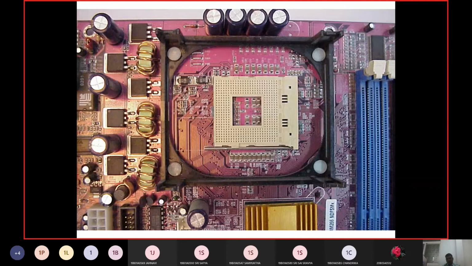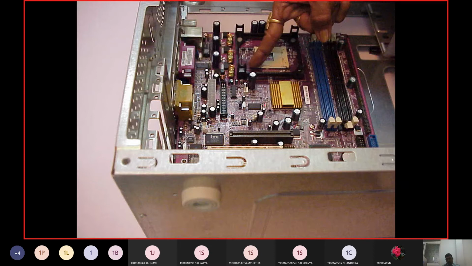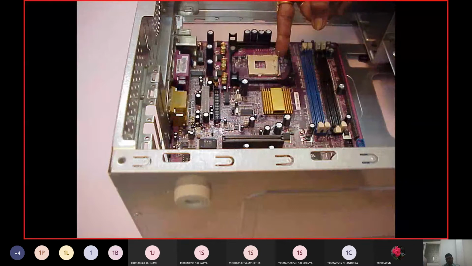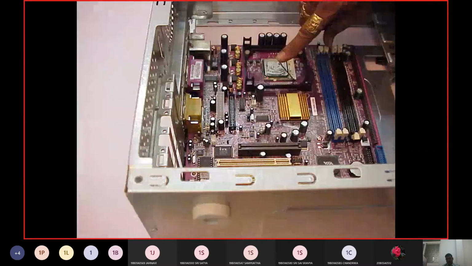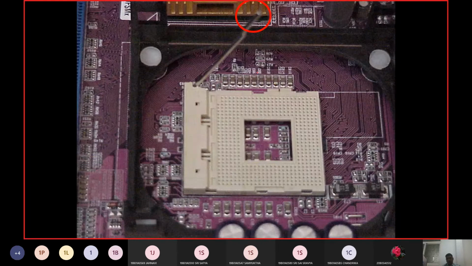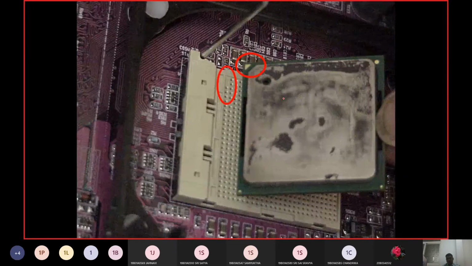Then this is the position where you insert your microprocessor chip. You insert the microprocessor chip here, and then you lock it. This is the locking position of the chip. This is an Intel Pentium 4 chip.